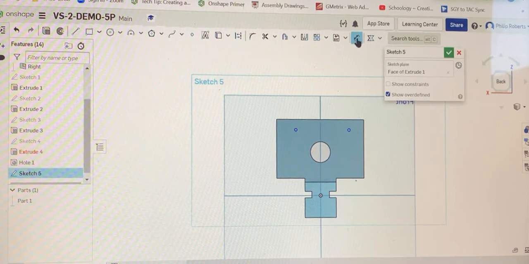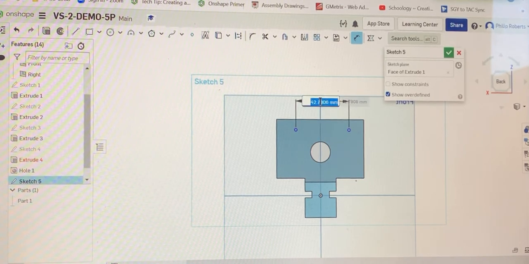Oh, okay. Now I'll turn this on. These are going to be 48 apart. Okay, here's another thing I'm going to do that's a little bit different. You see me often use the symmetry tool. You could use the symmetry to make these symmetrical, or since you're using the dimension, you can just